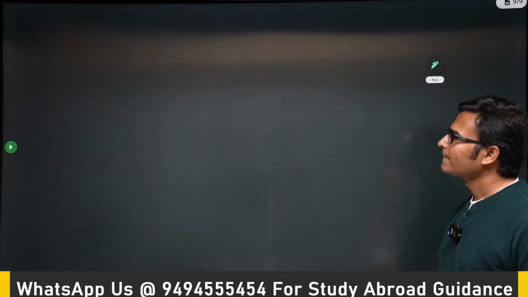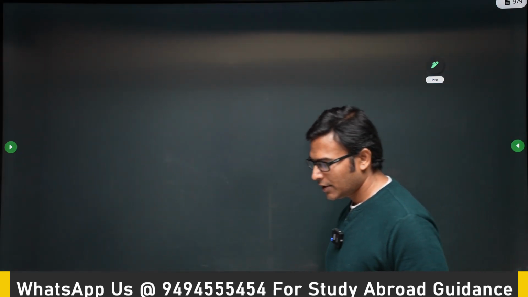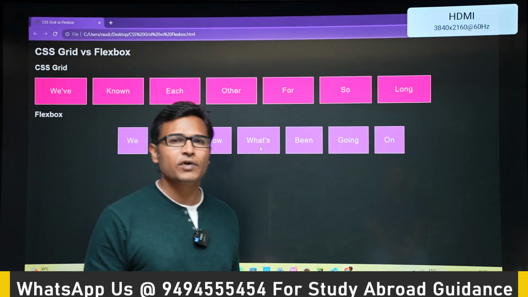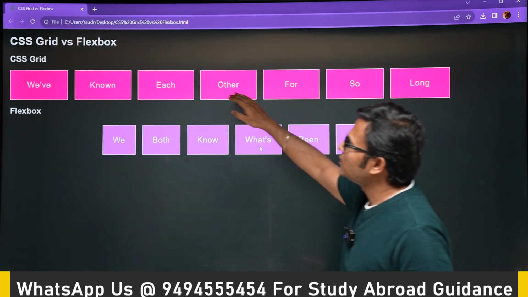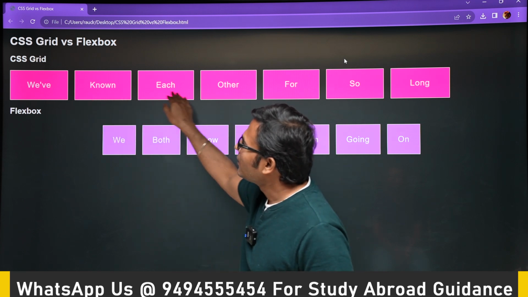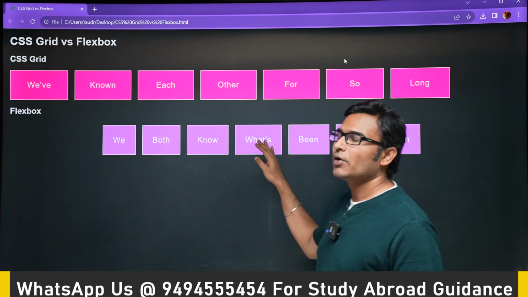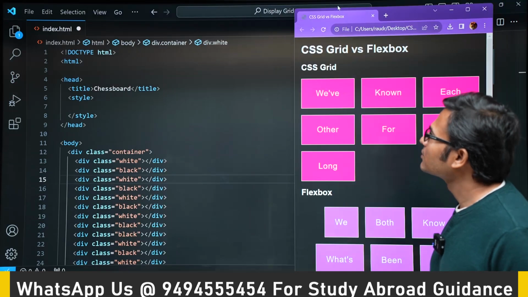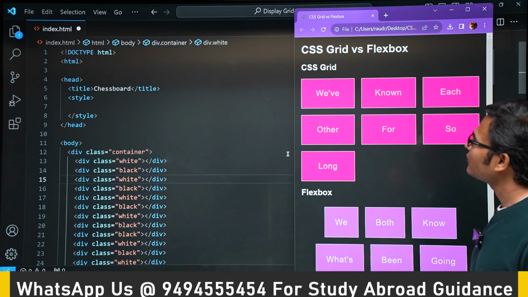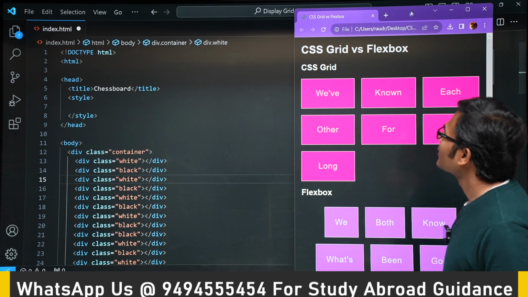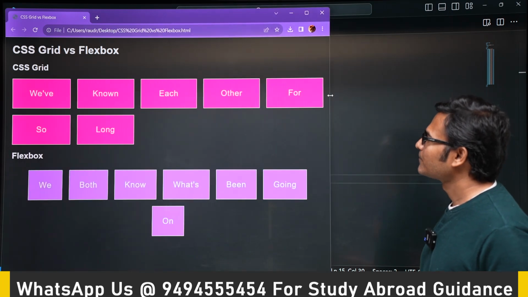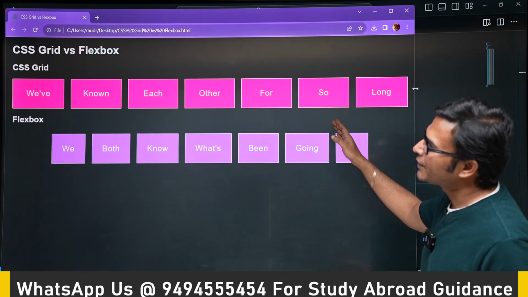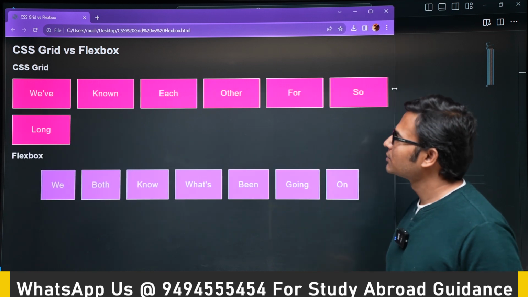Okay. Now let me show you what the difference is between grid and flex. You will see how. So now let us say this one is done using grid and this one is done using flex. Okay, now let's try to shrink it. So instead of directly dragging it, this is how it is looking. Now if I shrink it,